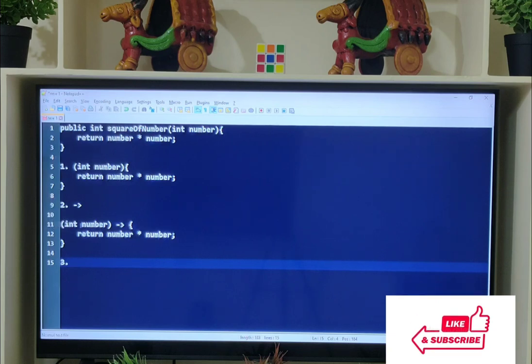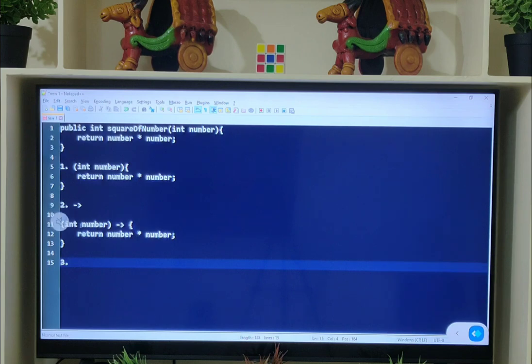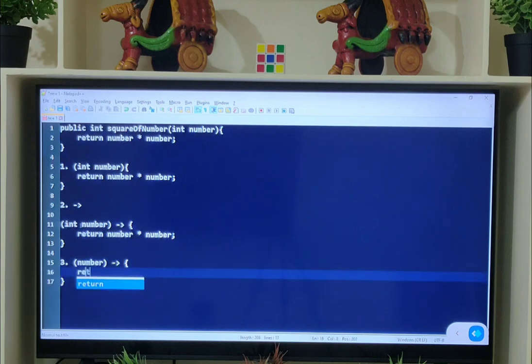For lambda expressions in Java 8, the compiler can guess the type of the parameter. You need not write the type of the parameter. It's enough if you write only the parameter name. Let's convert it. Number, return number into number.